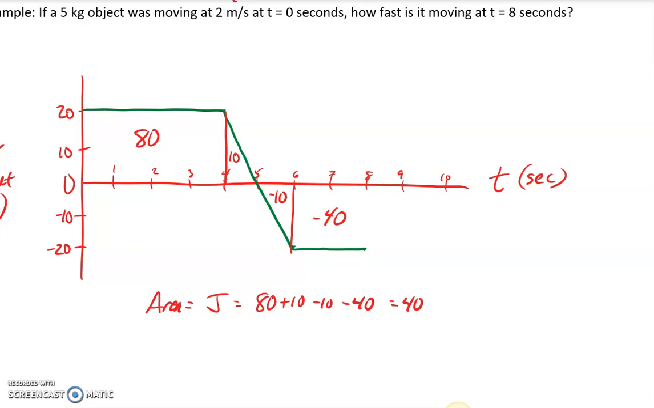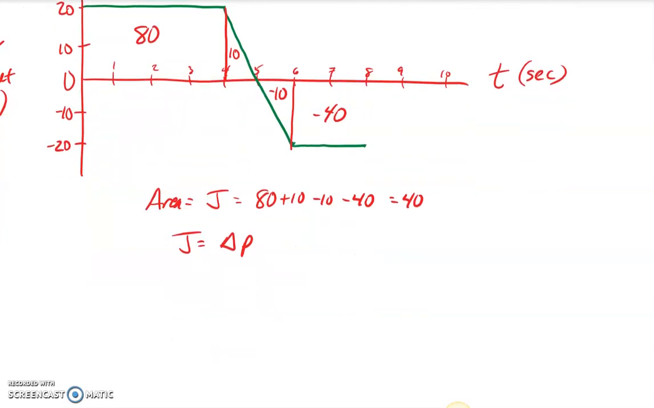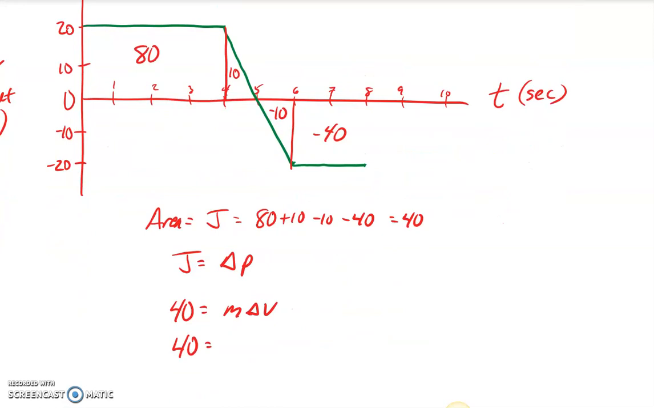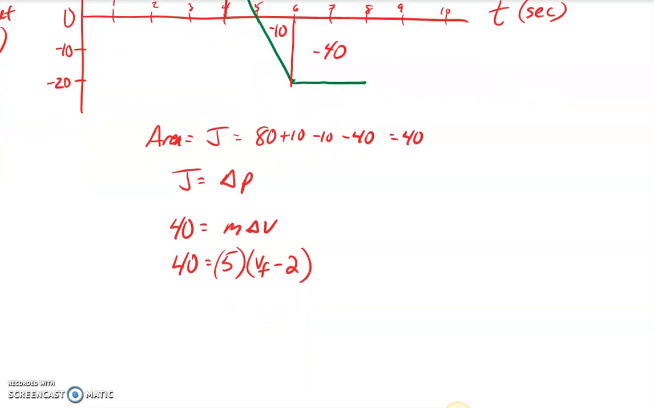And we know that impulse equals change in momentum to start. So if we have 40 equals m delta v, and we knew that our mass from this problem was 5. Change in velocity is final velocity minus initial, which was 2. So I can divide by 5, I get 8 equals vf minus 2. Add 2, and our final velocity of our object is 10 meters